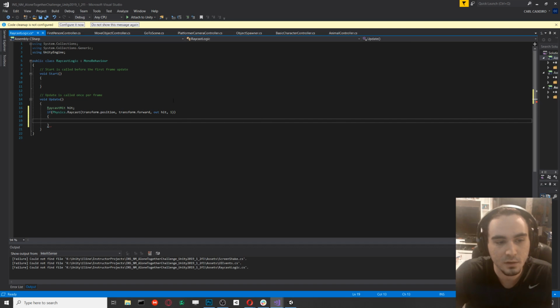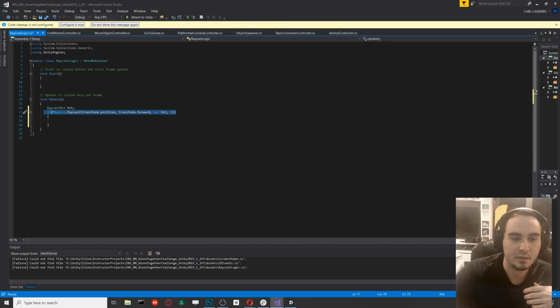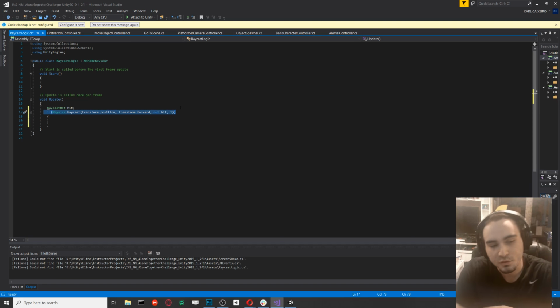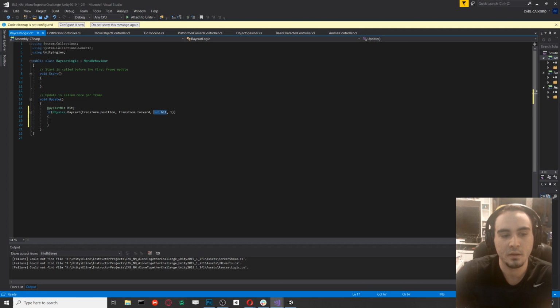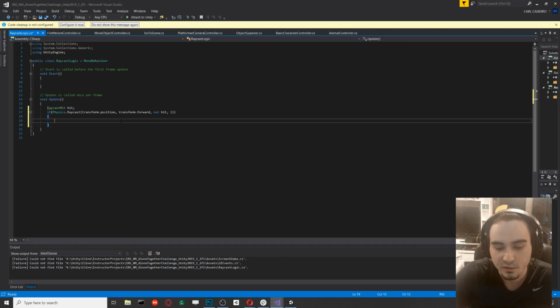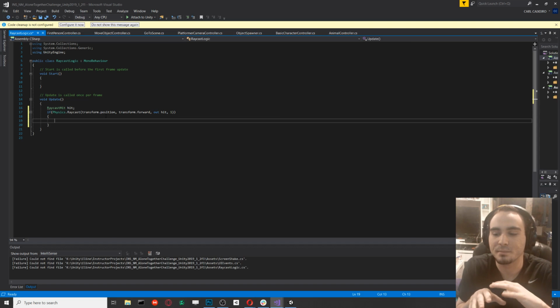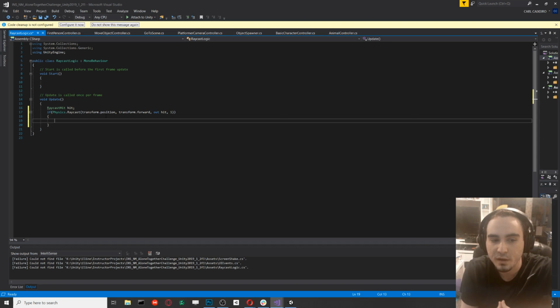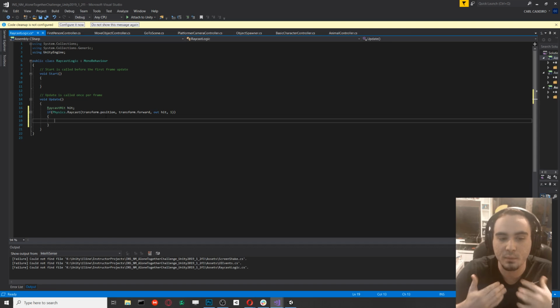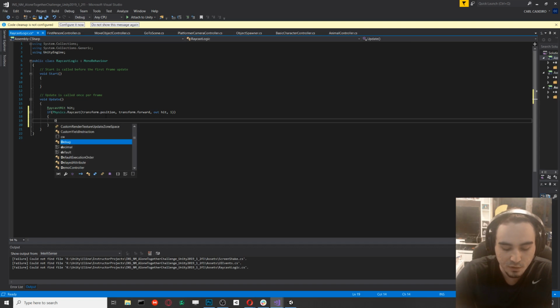And then we'll do our curly brackets. So now we have our statement here that's going to shoot the raycast out and store whatever it hits into hit. So in here, we could do various things. You could use Debug to actually show the raycasts. So that's what I'm going to do, just so you can physically see what I'm showing you right now. So in order to do that, you do